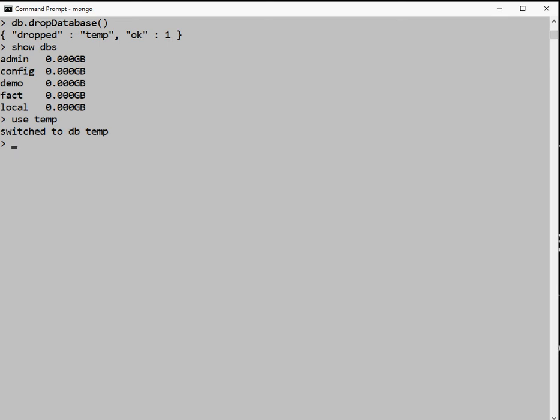We're going to create what they call a collection. And a collection is something that is similar in concept, at any rate, to what they call a table in a relational database. So we'll go ahead and create a collection for products. And the way you do that, you use a syntax that is similar or taken from JavaScript. So we'll do a